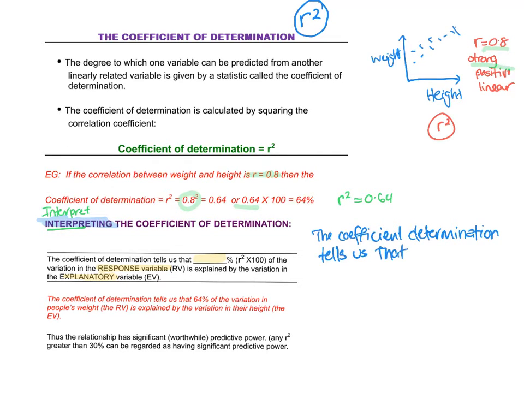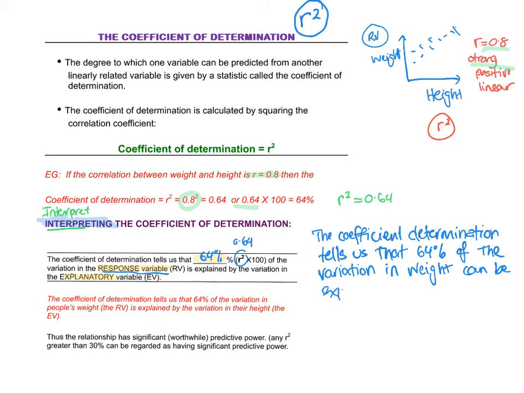that now we're going to times our r squared. We know that's 0.64. We're going to times it by 100, so we get a percentage, so that's 64%. So it tells us that 64% of the variation in, now what's the response variable for this one? Remember, response is on the y. So what's the response variable? Weight. So the variation in weight can be explained